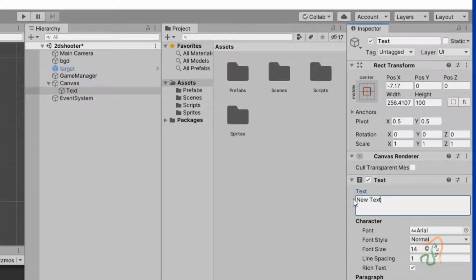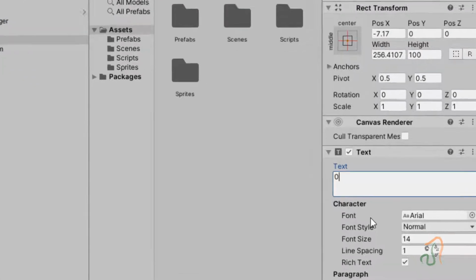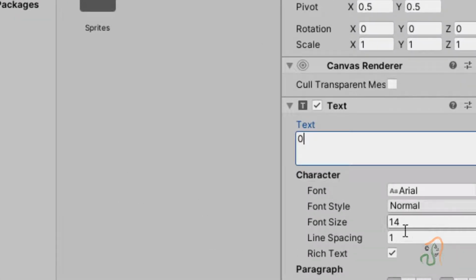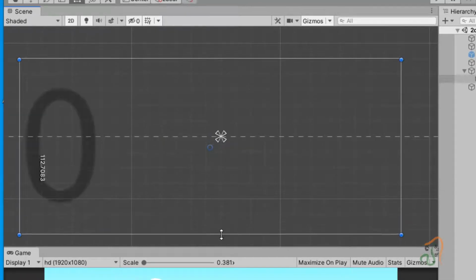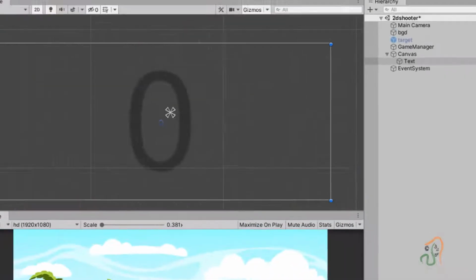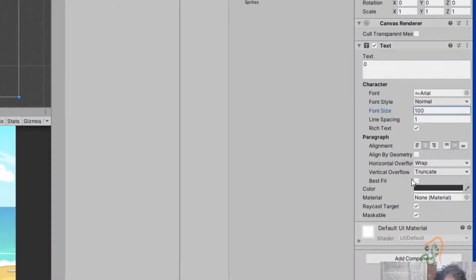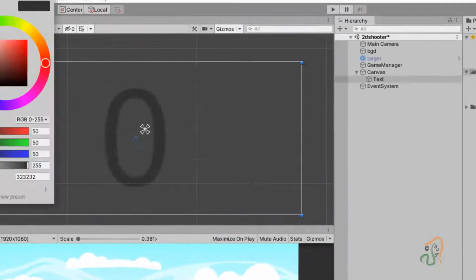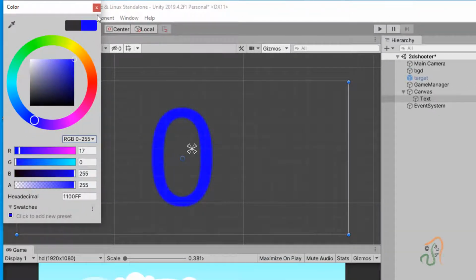First, in the text window, I will type 0. That is, 0 is the initial score. Then in font size, let us set the font size to around 100 to increase the box size a little. Otherwise, it will not be visible. Now we can see it, and this number is aligned to the left. So coming to the alignment here, press center align horizontally, center align vertically. After setting this, the next thing is we shall give a proper color. Let us click here and, for example, add a dark blue color.